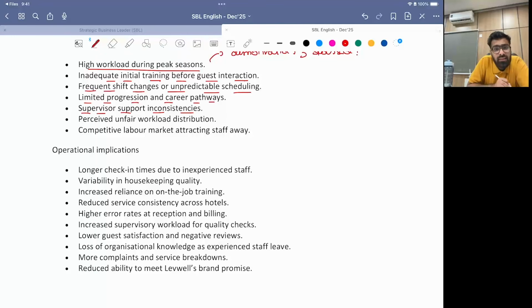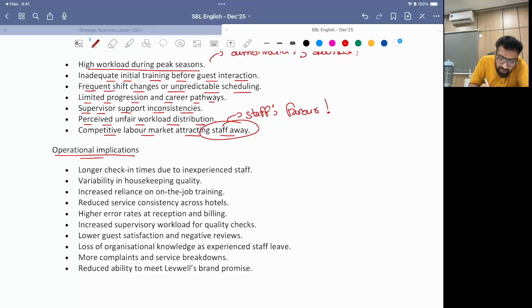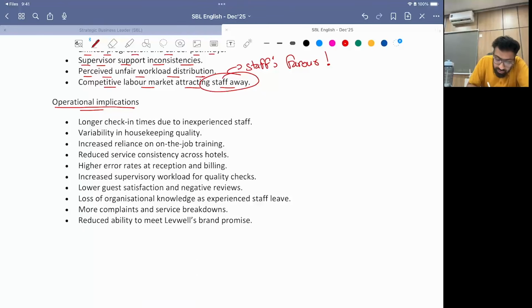Supervisors' support and inconsistencies, perceived unfair workload distribution, and some staff getting favor and some getting resignations. A competitive labor market attracting staff away, and your competitor is offering more money, and if they are getting more money they would be going there. Bad scenes happening. Operational implications: longer check-in times due to inexperienced staff, variability in the housekeeping quality, increased reliance on